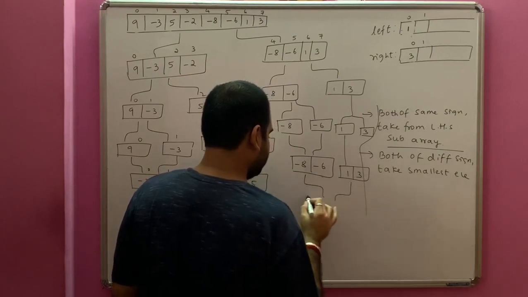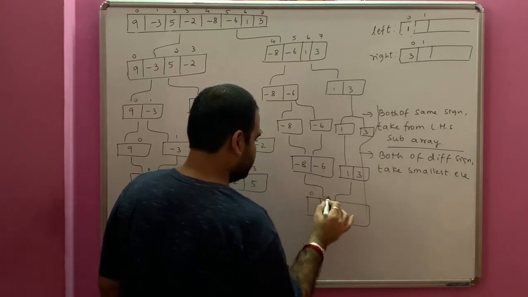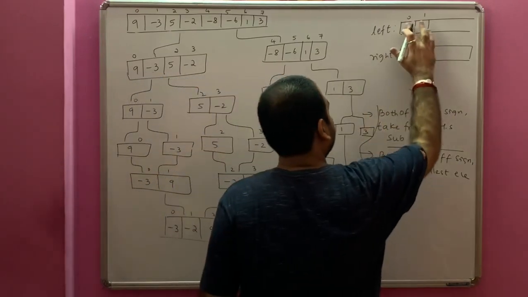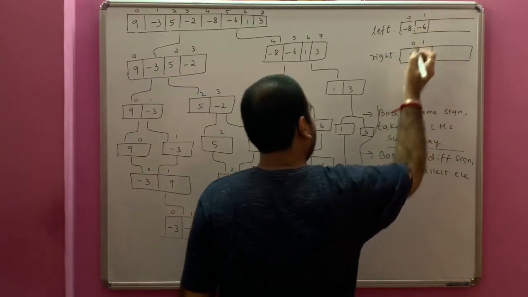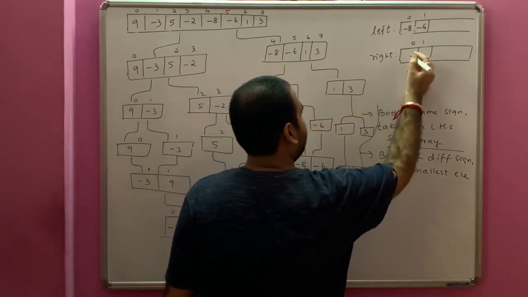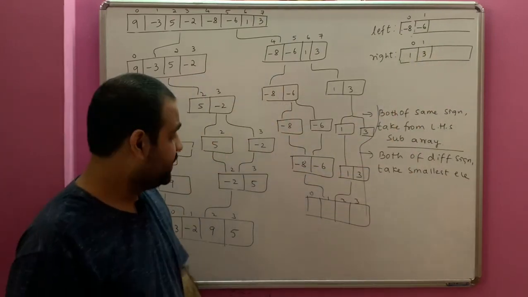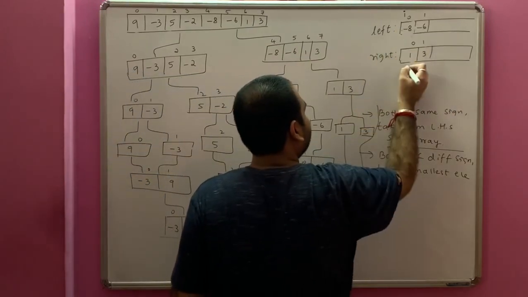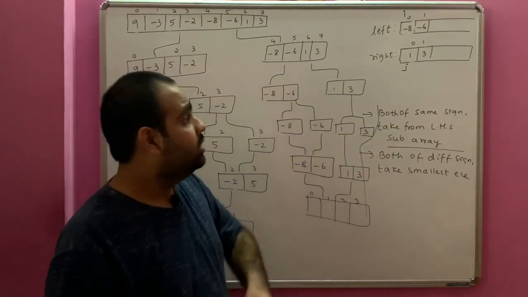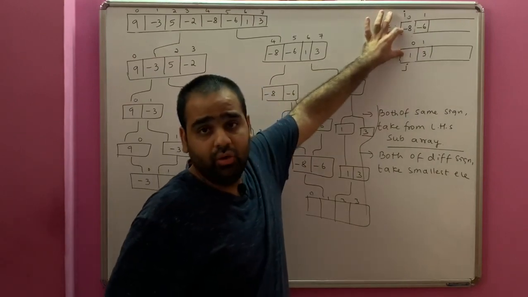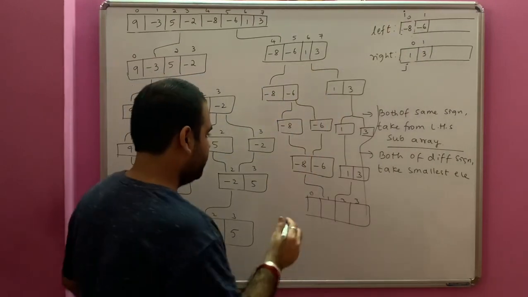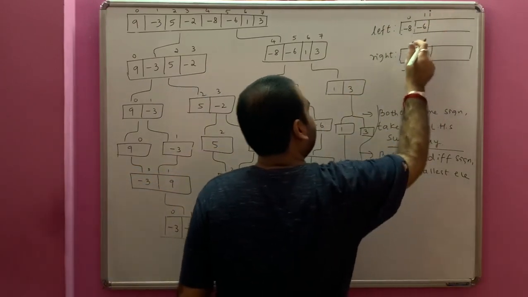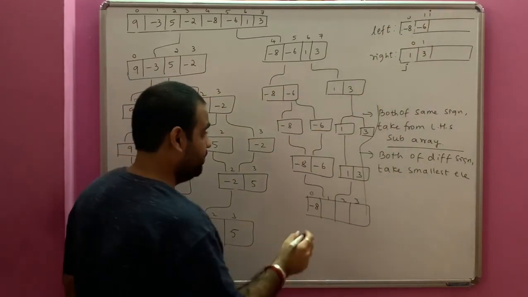Now you have to merge these two. Now when you merge these two, see here what will happen. LHS subarray will be -8, -6. And what will be the RHS subarray? 1 and 3. Okay. Now when you merge, this is where I will be, this is where J will be. Now, are they both of the same sign? No, different sign. Take the minimum element. What is the minimum element? -8, I plus plus. Are they both of the same sign? No, take the minimum element.